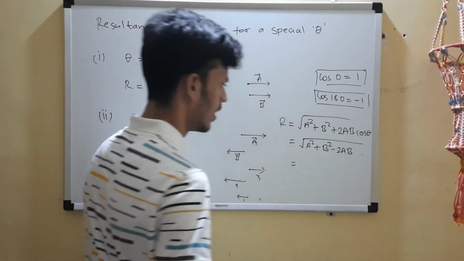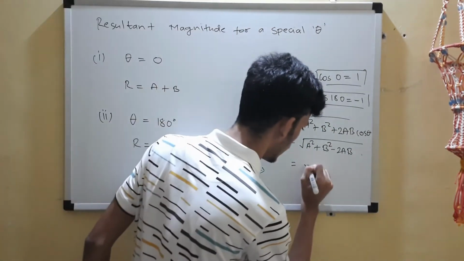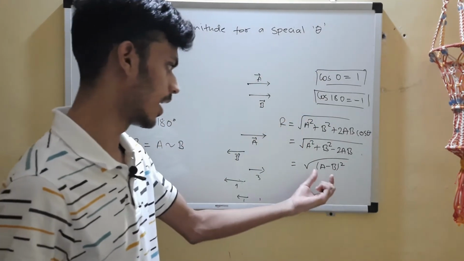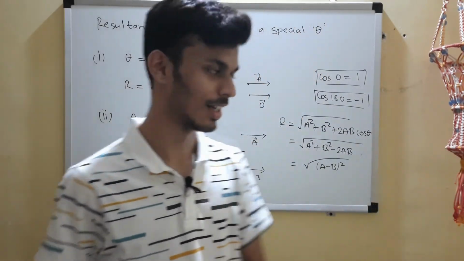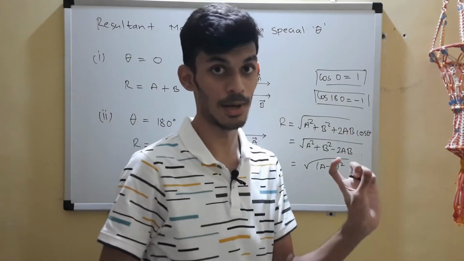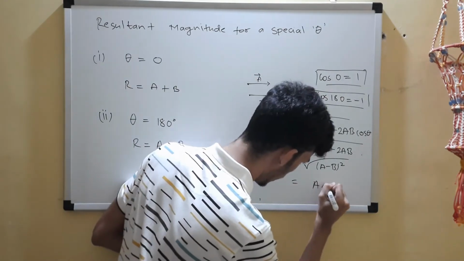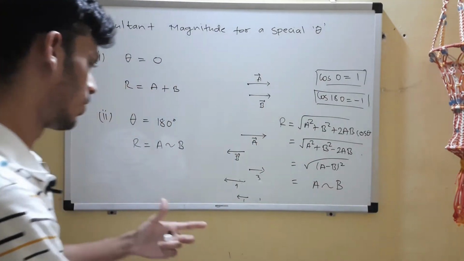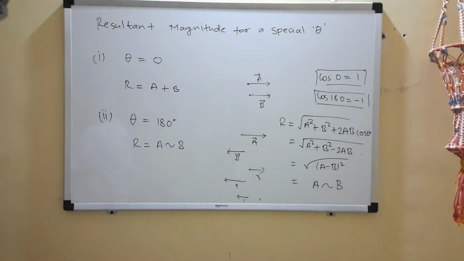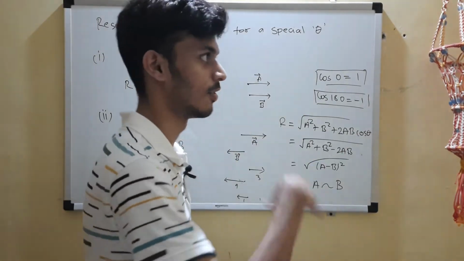So can you see that a square plus b square minus 2ab, what is that? A minus b the whole square. Now this is a whole square, right? It could have been b minus a also, so since it's squared, it won't make any difference. B minus a is the same as a minus b since it is squared. So you can remove that and you'll be left with a difference b, bigger minus smaller. That is another way of looking at it. So bigger minus smaller, and the direction of the resultant will be in the direction of the bigger one.